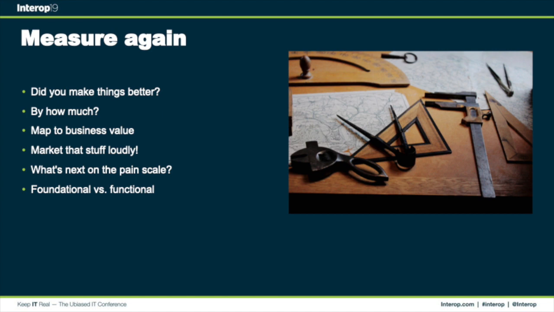So once you've gone through all these other steps, now it's time to measure again. Take the things that you looked at, look at that workflow, all those things that take time in the process. Now that you've started automating, take the time again to measure those one more time.